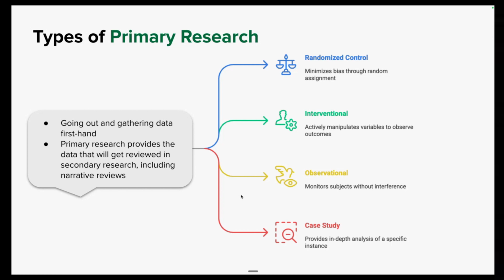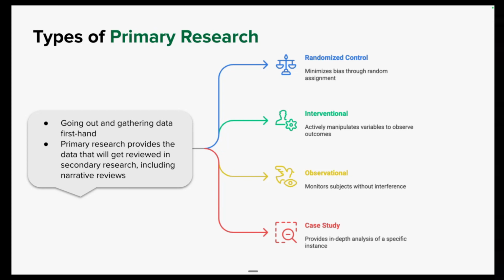So when we think about primary research specifically, so going out and gathering that data firsthand, there's something called an evidence hierarchy, which is not on the slide because you don't need to understand that fancy term. Just understand that at the top of this used to be a pyramid, it's not a pyramid anymore. At the top of the visual, randomized control trials is really where, how I narrate it, the recipe is the strictest. So you need to have all of the ingredients intact in order to conduct a randomized control trial properly.